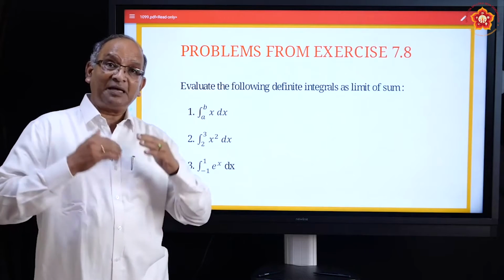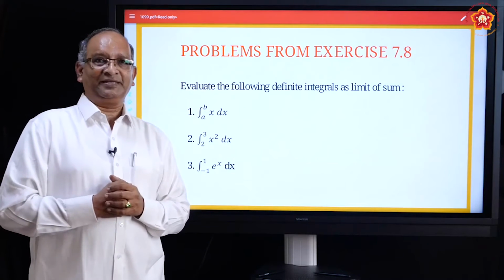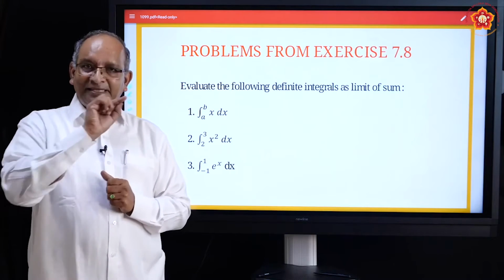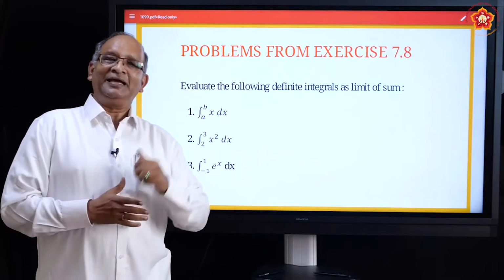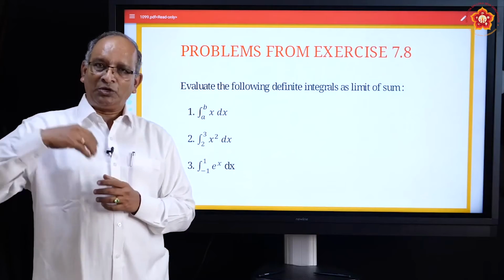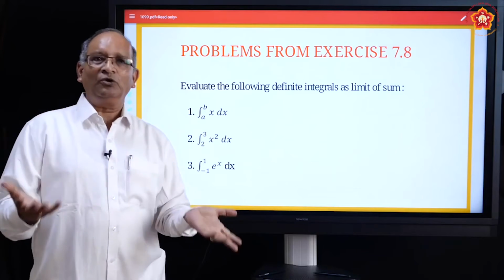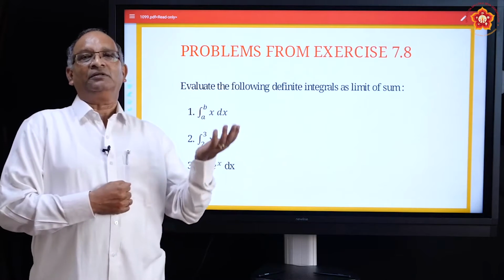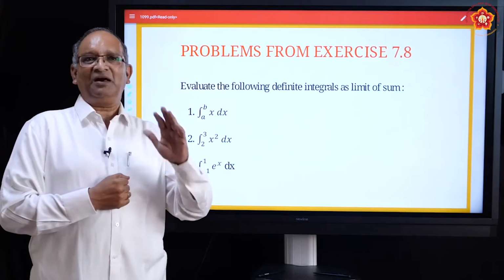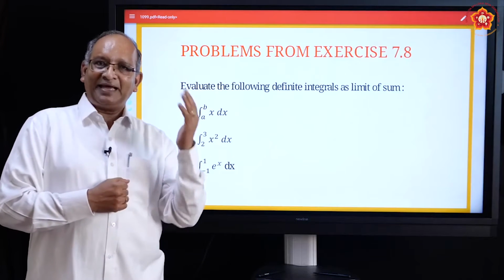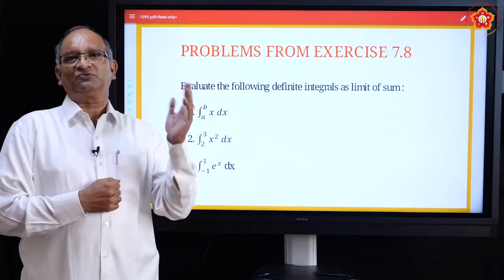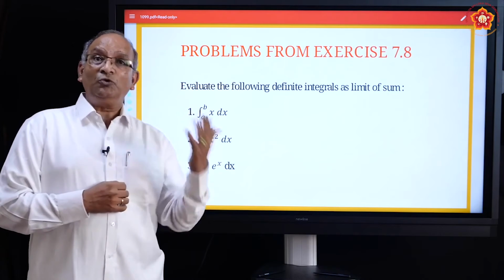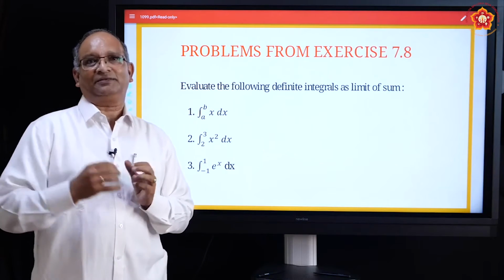Then you also studied about sum of squares of natural numbers, that is 1 square plus 2 square plus 3 square plus 4 square up to n square. This particular series is called special because it is neither arithmetic progression, nor geometric progression, nor any known progression. But we have found the formula for that. What was the formula for sum of squares of natural numbers? It is n into n plus 1 into 2n plus 1 by 6. Similarly, we also found out sum of cubes of natural numbers. All those things you have to recollect.